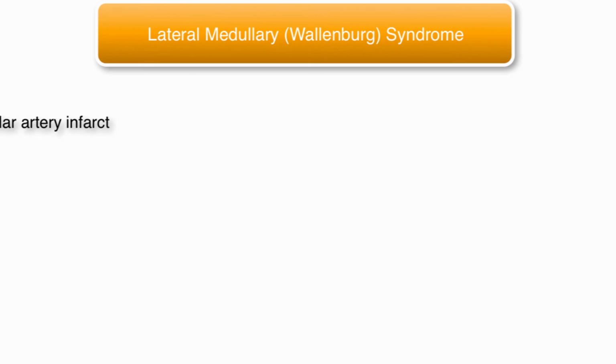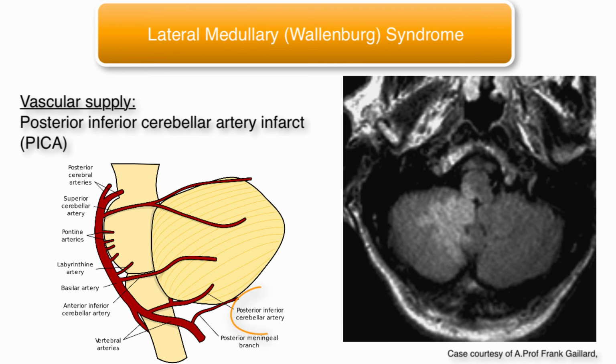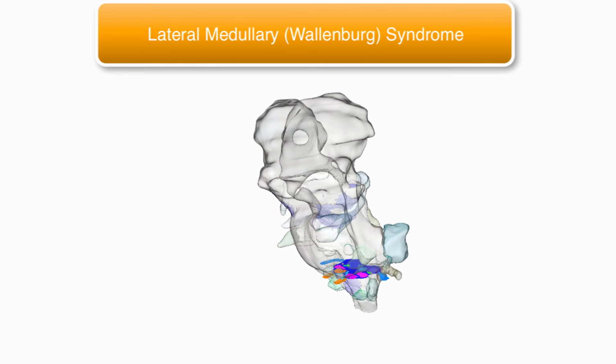One classic brainstem syndrome is lateromedullary or Wallenberg syndrome. This occurs due to an issue in vascular supply of the posterior inferior cerebellar artery. The disruption in blood flow causes ischemia to the posterolateral section of the brainstem and causes a multitude of problems. Here we have a brainstem fading out to transparent and highlighting the slice we'll be looking at to describe lateral